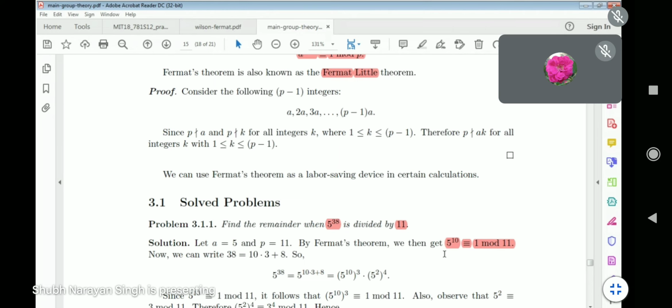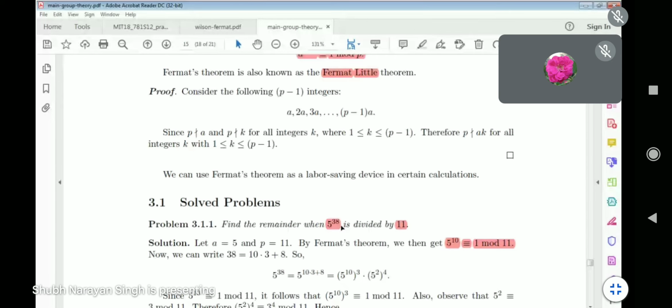5^10 is a very big quantity. And when this number is divided by 11, we get the remainder 1. That is the meaning of that. That means 11 divides 5^10 minus 1. Now, this information we have, and obviously this Fermat's theorem reduces our computation, because we just reach this point: 5^10 is congruent to 1 modulo 11, but